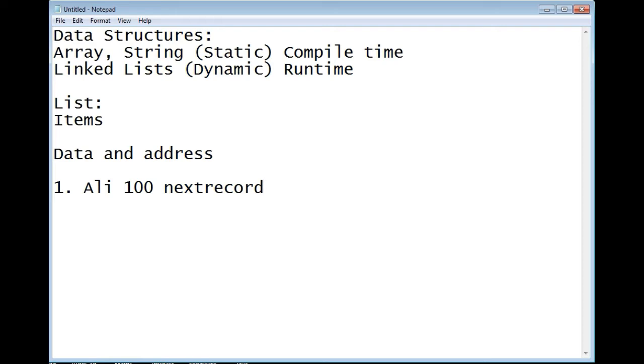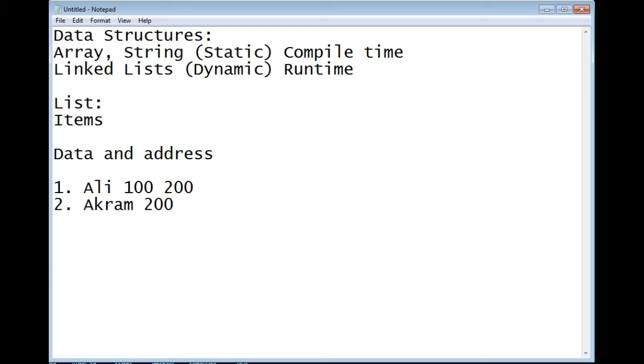Next record means there is an address of the second, Akram, 200, and now the next record contains 200.